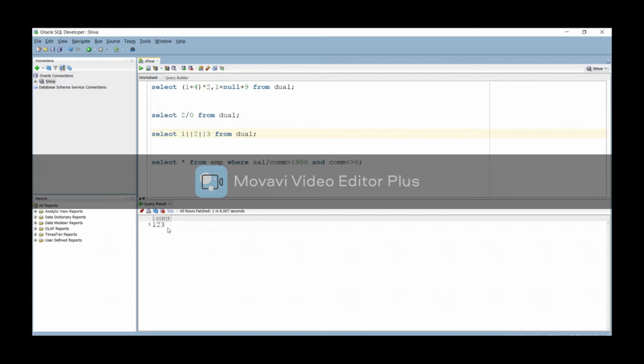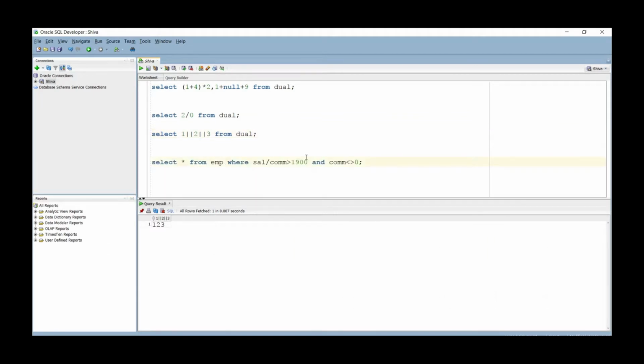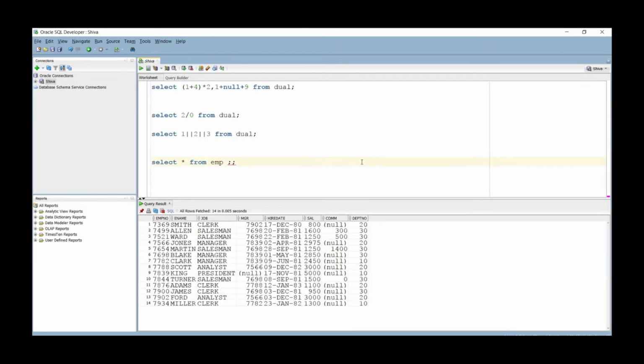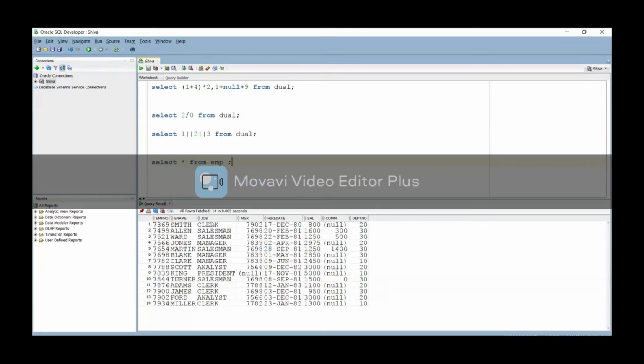If I want to concatenate something, suppose you take first name, I mean e name is the name and job is the second name. You can say e name and job need to be concatenated as a single column.